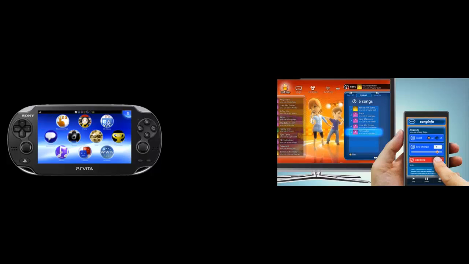Okay, so talking second screens, Sony have opted for their PlayStation Vita, which is actually a separate portable console, whereas Microsoft have gone with their SmartGlass again. Both will be doing a very similar sort of role. Basically, you connect it to your console and you'll be able to use it as a second screen, so you'll be able to use the touch screen